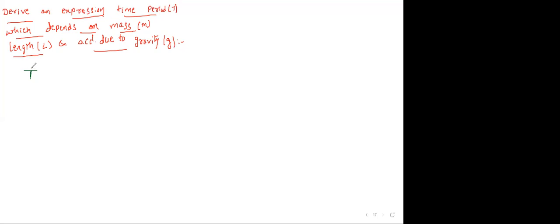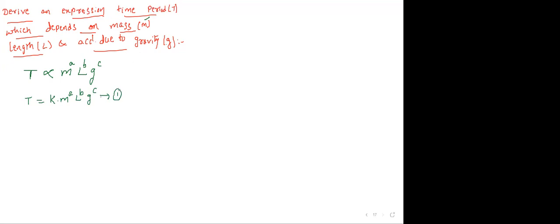You keep that time period in the LHS. Then you write the proportionality of dependent factors. It depends on mass. It depends on length. It depends on gravity. Now you raise the unknowns for this, A, B, C. For the quantities in the right hand side, you have to raise the powers A, B, C. Then T is equal to some constant K into M power A, L power B into G power C. You can call this equation 1.